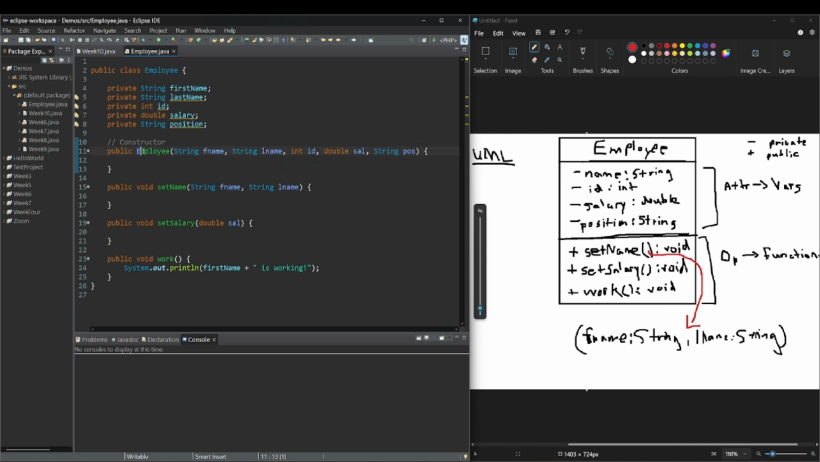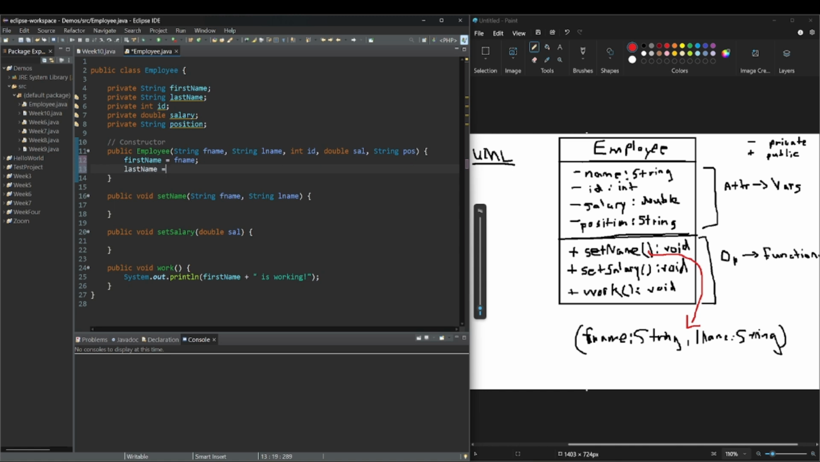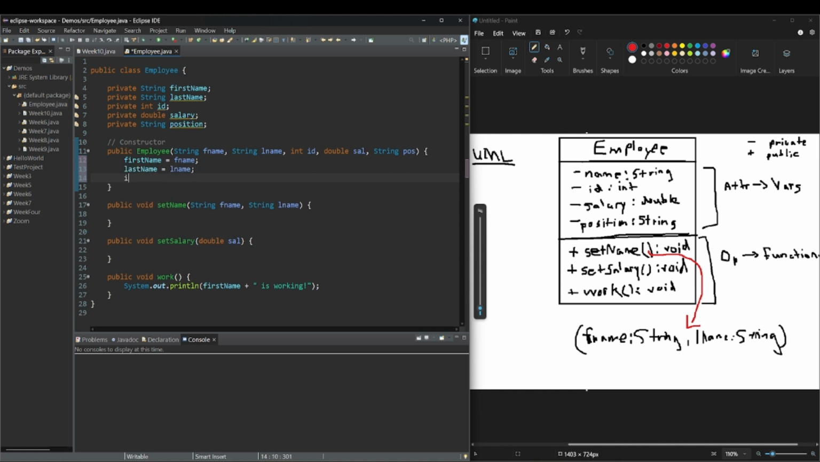So basically this function is going to allow you to pass in information to set this up, and you actually have to write down the code to set up this class. So basically telling the program what goes to what. So to do that, you get the attributes first name and you assign it the according value. So in this case it's first name equals f name, last name equals l name, ID equals